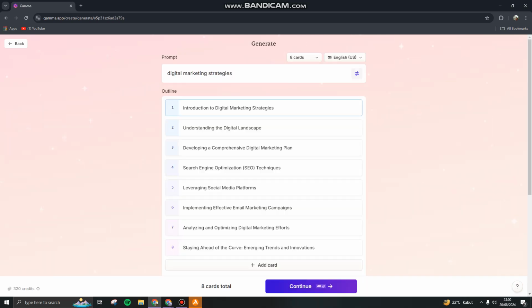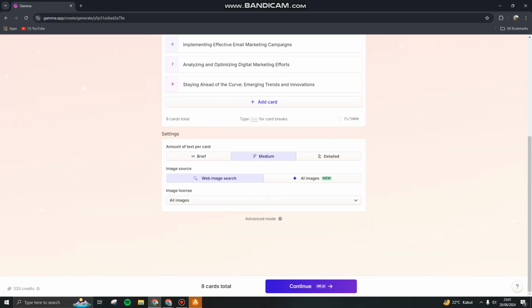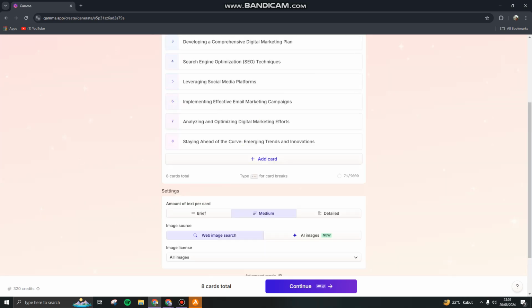Just wait. Okay, so you can see there are 8 cards. The first one is introduction, understanding the digital landscape, and the last one is the point. Here you can see if you want to add card, you can just click on this add card button,